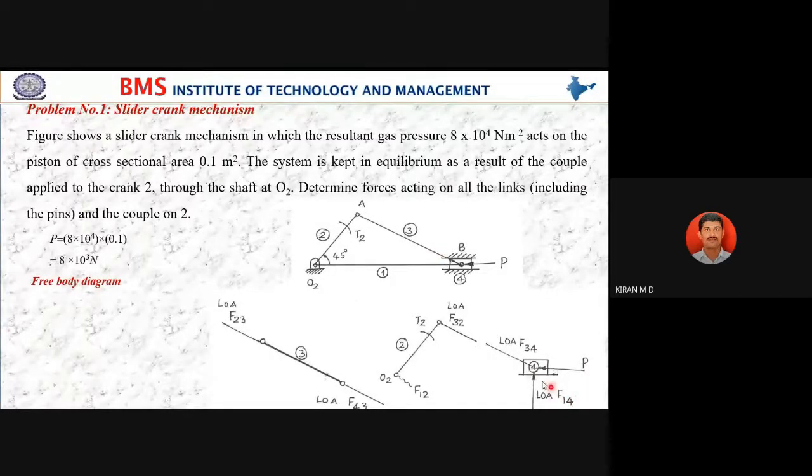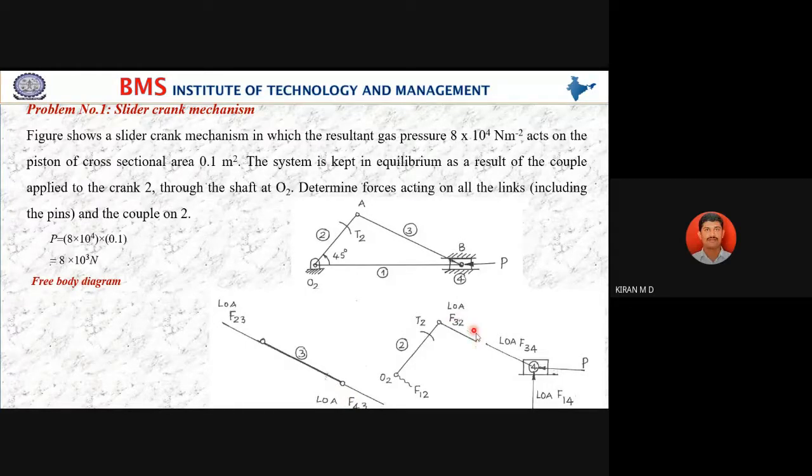Similarly, what will happen? This link 4 is transferring the force to link 3. Draw the line at the same angle. Okay, now link 4 is developing the force on link 3. You can write F43 also. Nothing wrong. Okay? F43 you can write like this. So both F34 and F43 are equal. Why? How, I will tell you. So you can see here, it will undergo the force F43.